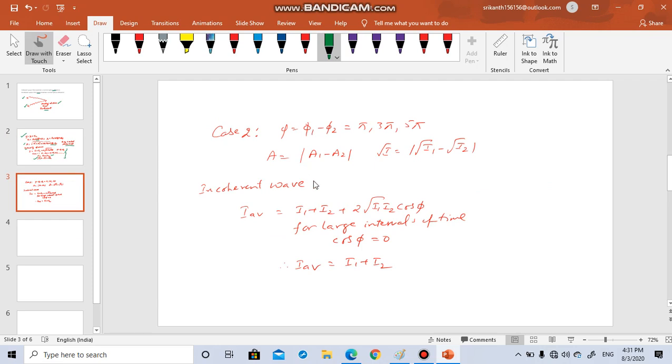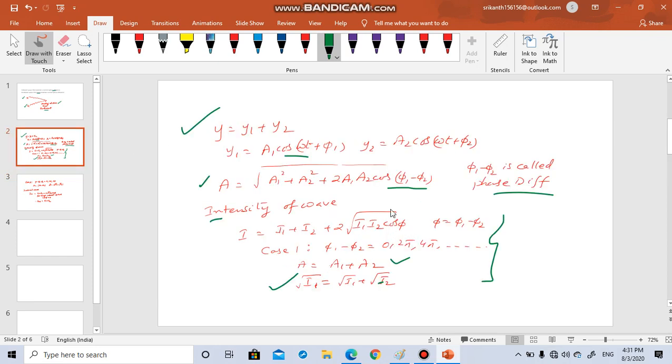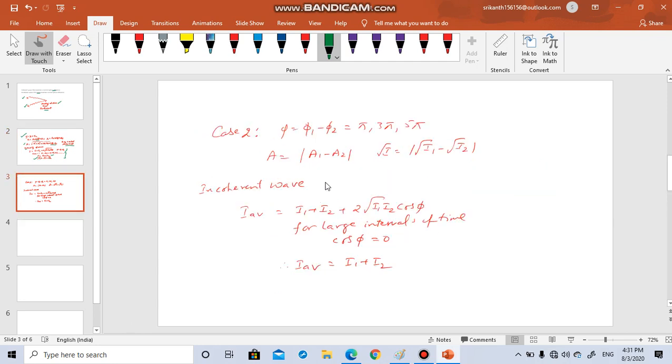So when it is an odd multiple of pi, such as pi, 3 pi, 5 pi, etc., if you put the value here, what will happen? Cos pi will become minus 1. Here the cosine value is going to become minus 1. If this becomes minus 1, it is a1 square plus a2 square minus 2 a1 a2. So that means you are going to get a is equal to, you can take the modulus, a1 minus a2, whichever is positive. We are talking about amplitude magnitude here. a will be a1 minus a2,